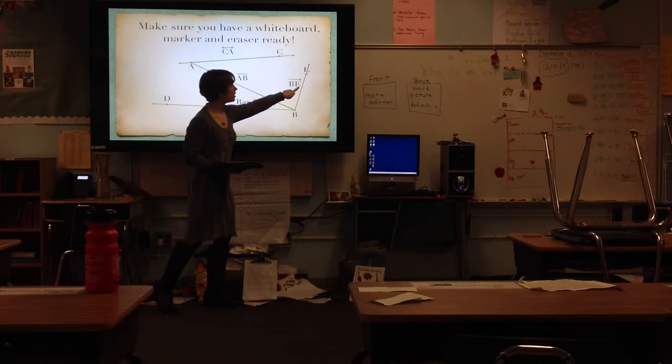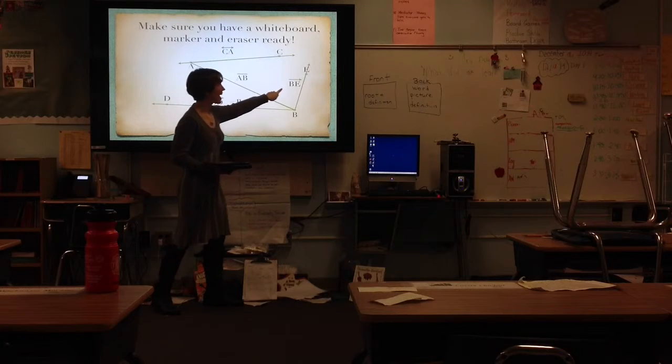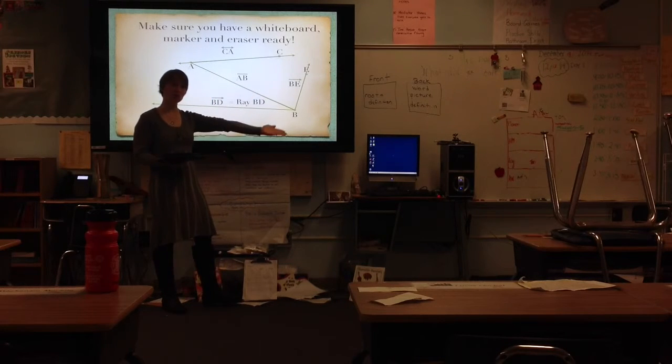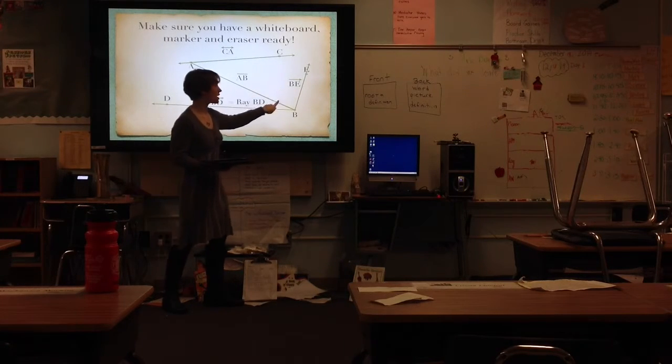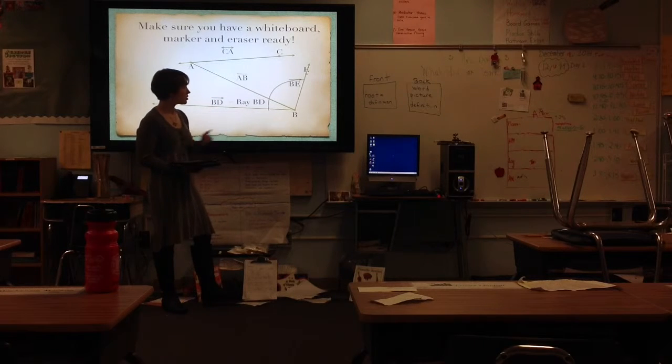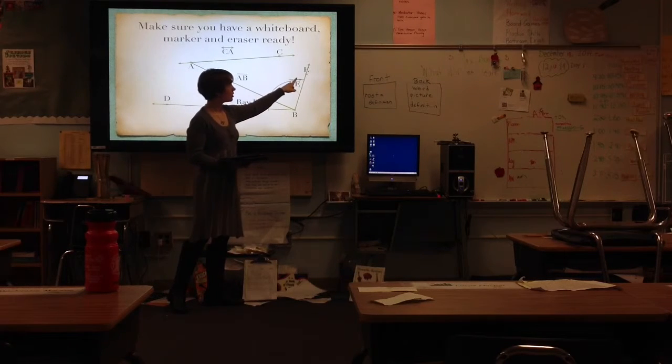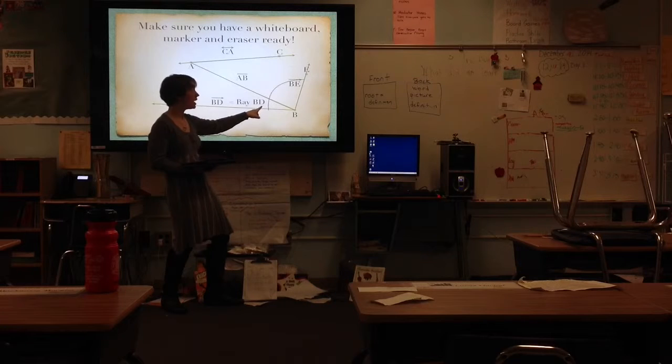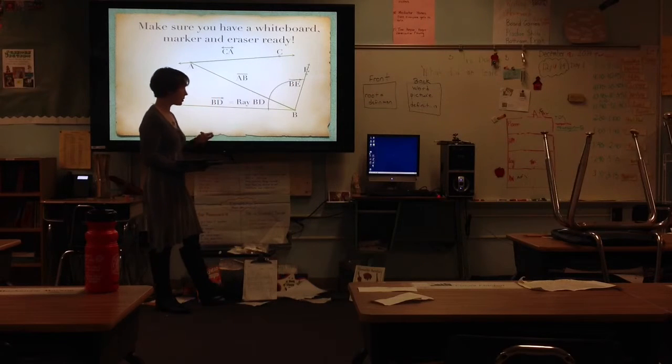We've just made something here. If you look, this is an angle. It's actually an obtuse angle, which means it's greater than a right angle. So I've shown you with an arc that it is actually an angle. And what we call that